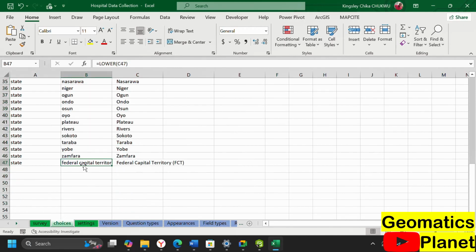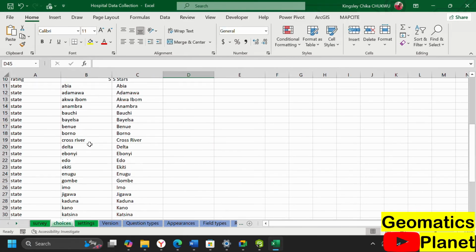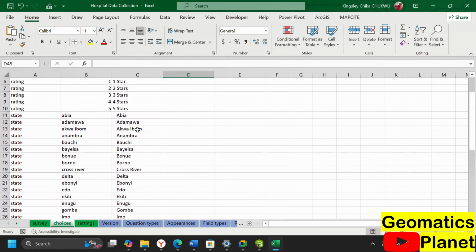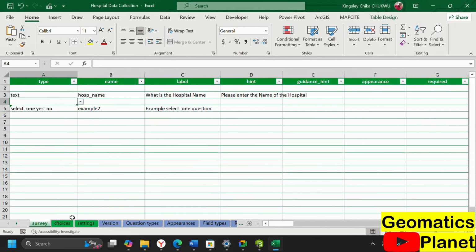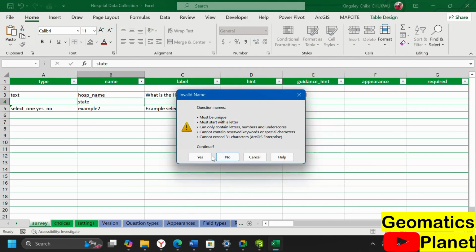Then in here, because FCT is a long one, I'm just going to type small letter FCT to replace it. Now what am I going to do here? I want to select one of the states. So this is the state, which is the list name. The name is this, and the label is this. Now if I return back here, you see now, what am I going to do here? I'm going to type here as states, and then in the label here, I'm going to say